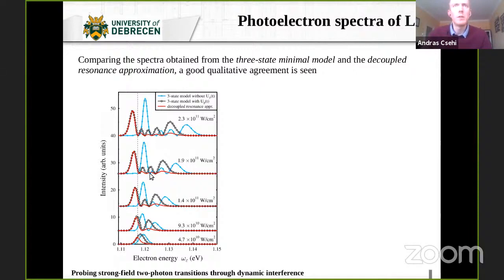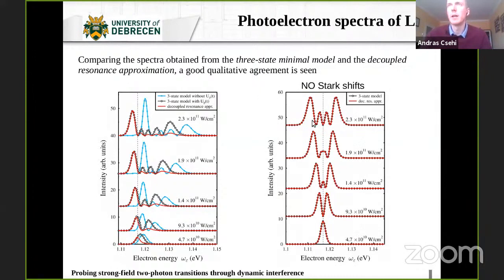So we see all the important features here. What I want to highlight also is what we get when we exclude the individual Stark shift from our model. When there are no Stark shifts, the spectrum is always symmetric, always. The two sides are the same height, and also symmetric with respect to the nominal position. So this is the clear impact of the individual Stark shift: the spectrum is shifted and